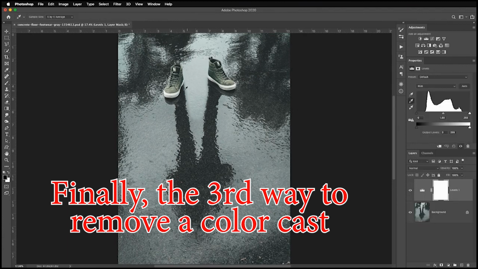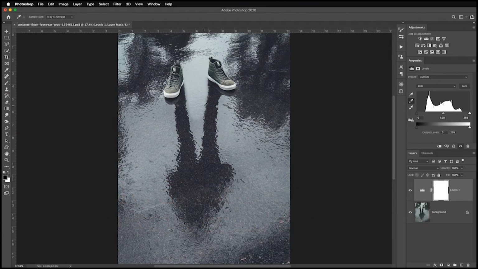but you're not sure. Go back to levels, remove my color cast. Always remove your color cast first. Color cast is gone. Now, instead of going to each individual color channel for that very specific adjustment, you can do it very quickly with the black and white eyedroppers because it automatically goes into each individual color channel to fix it. So if I click on the black point, I want to sample where I think it should be